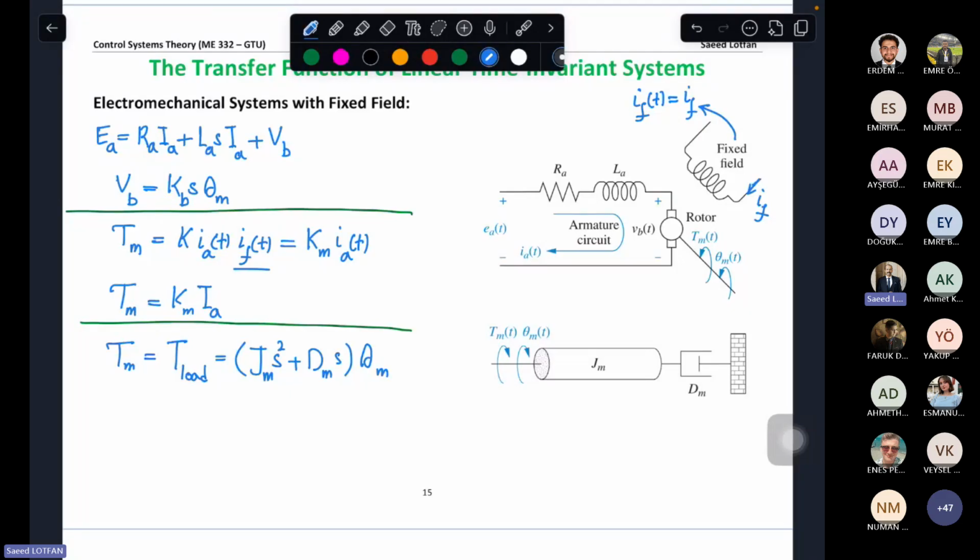So if I insert this information into the main equation, EA is equal to RA plus LA S times IA plus KB S theta M,